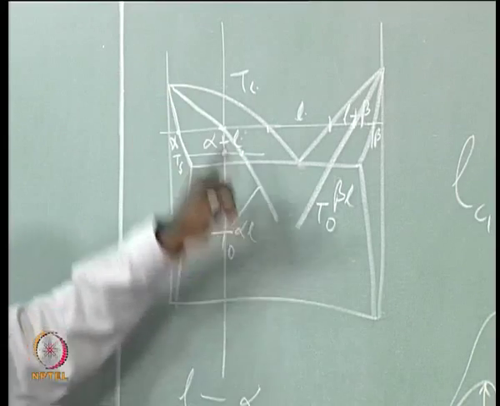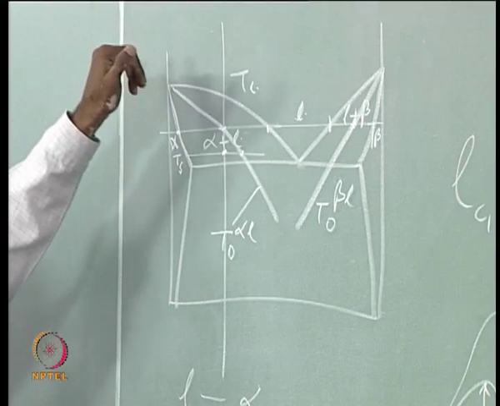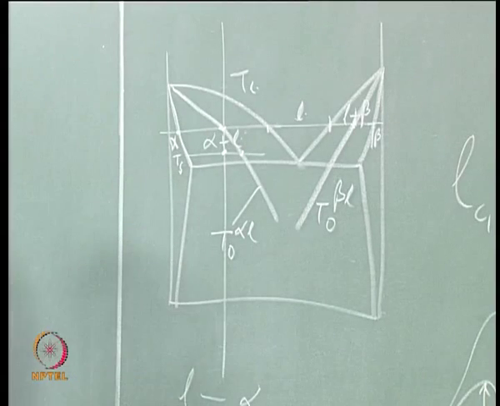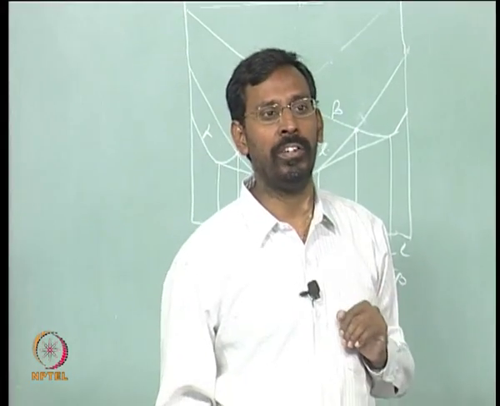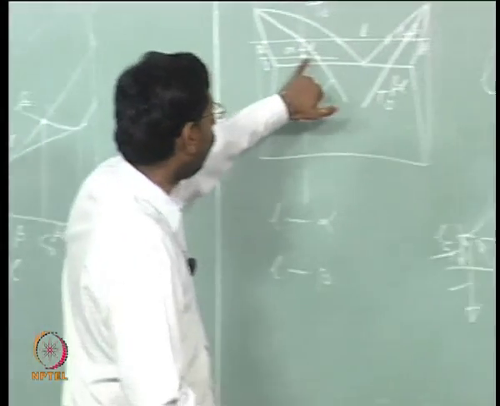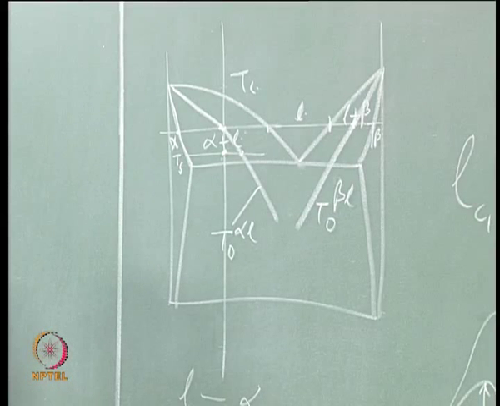This whole curve is called T naught, because this is giving the locus of all compositions at various temperatures where the free energies are equal. That is the meaning of the T naught curve. So, now because we are on the left side, I can say partitionless solidification can occur. What does that mean? That means liquid having this composition, whatever composition it is, C1, would simply become alpha of C1.